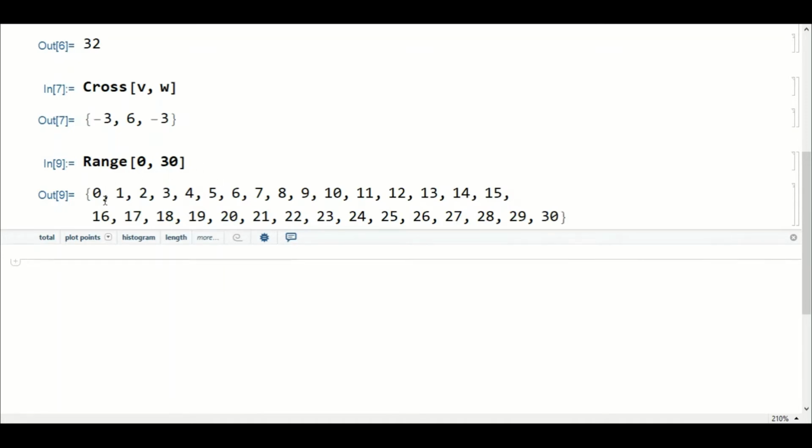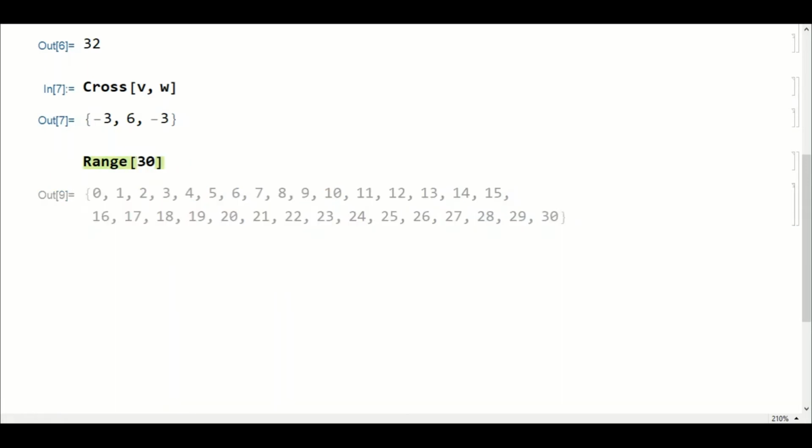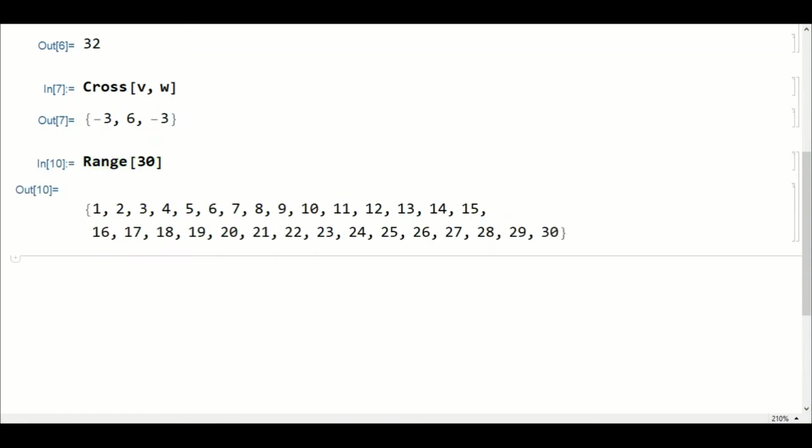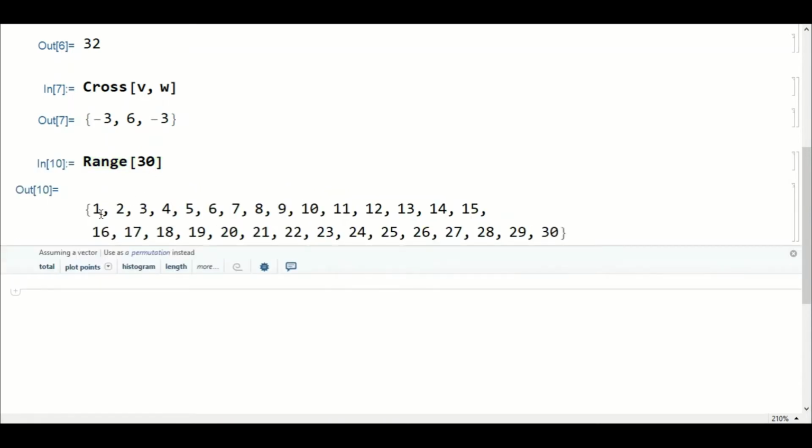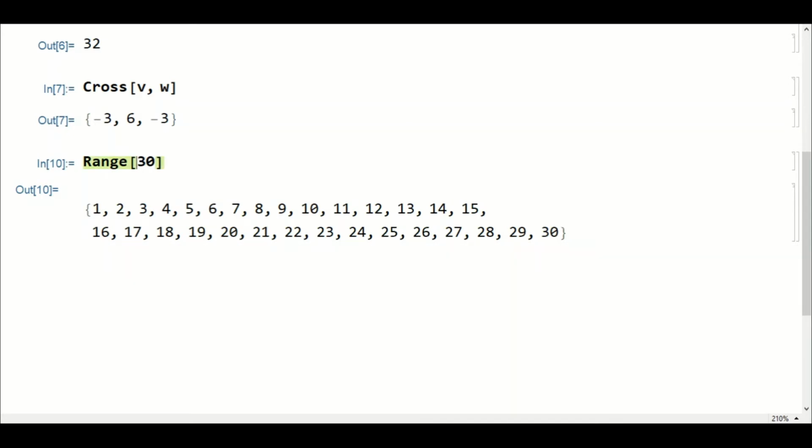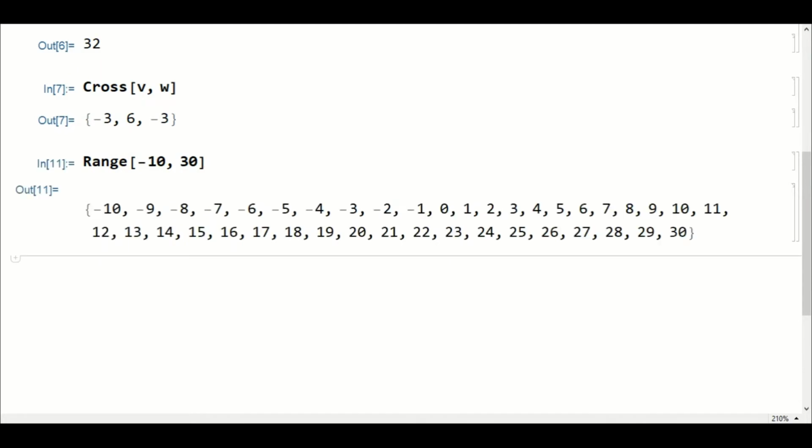Now I have specified my starting value. If I am not defining my starting value, then it will be taken as 1 again. So this is why it is important. The starting value could be -10, so it will start from -10.